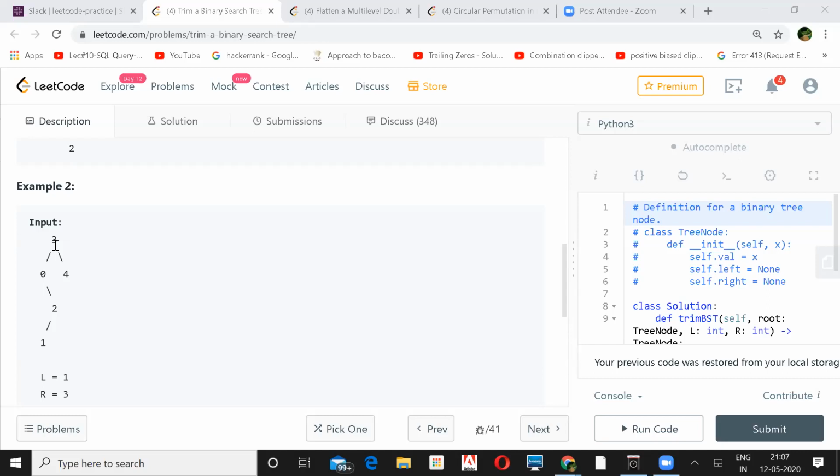Yeah, but that's a special case that you are saying. In the worst case, if the given range is from 0 to 4, then we have to go to every node anyway, right? Yes, in that scenario we have to. So I think while deciding time complexities, we should not consider special cases, but the worst case in general. Then it will be order of n. Big O of n, yeah.